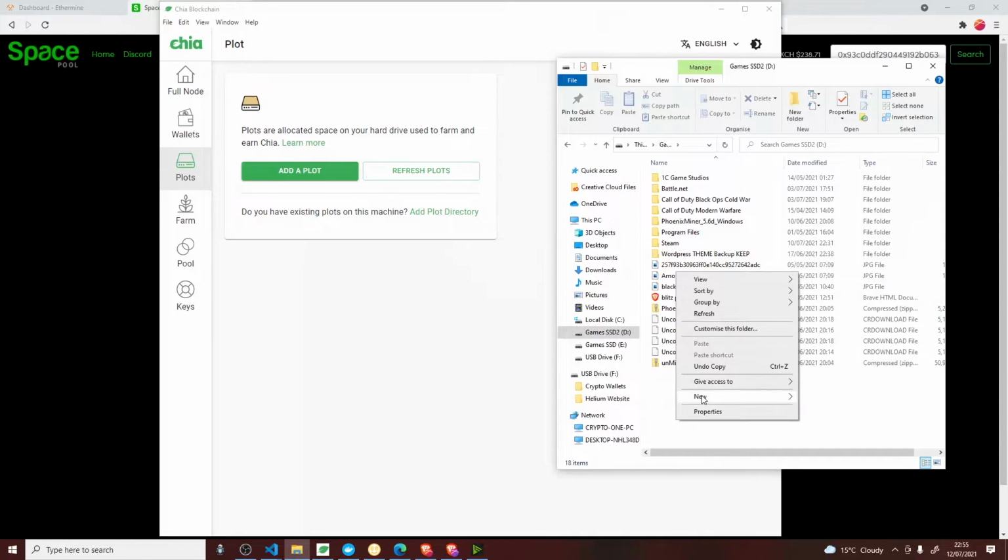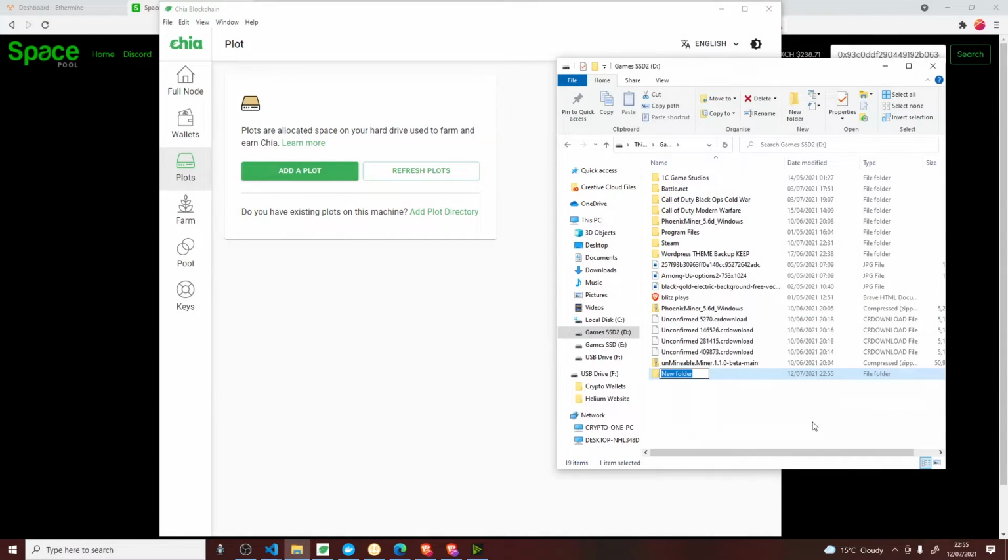Right, let's create a new temporary folder. New folder. Chia. Chia plots on the D drive. Right, before we do this, we're going to look up some information.